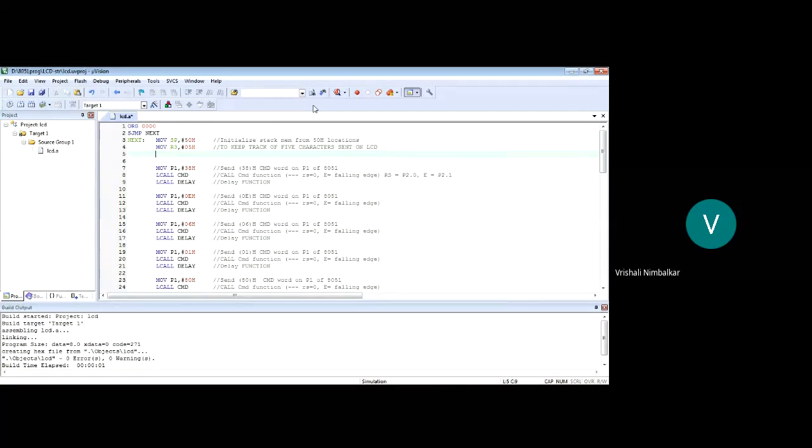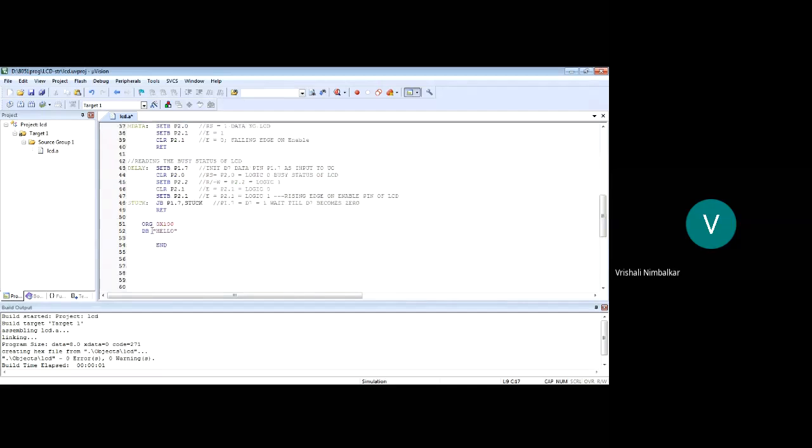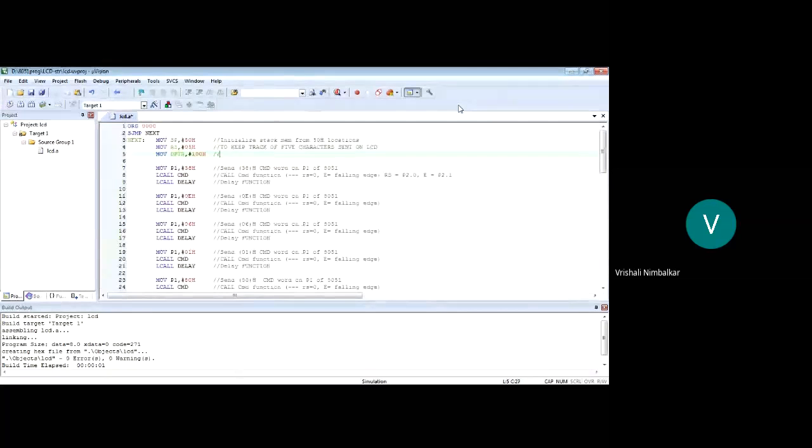Where is my message? 100 hex. Meaning DPTR should be loaded with 100 hex. So what is my next instruction? Initialization, MOV DPTR, comma. What number should I load? Hash 100 hex, because this is where my message is stored. Correct? So what did we do here? Right? Initialize DPTR to point to the message.